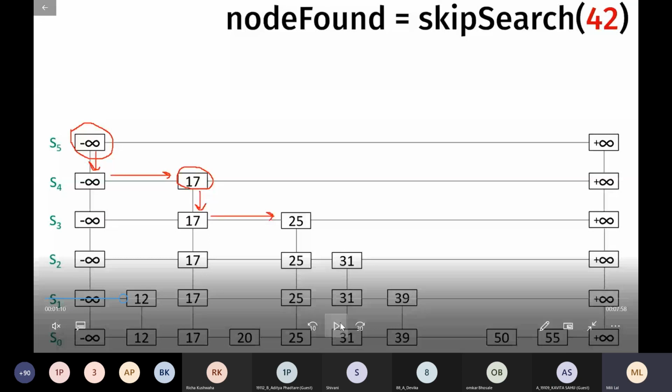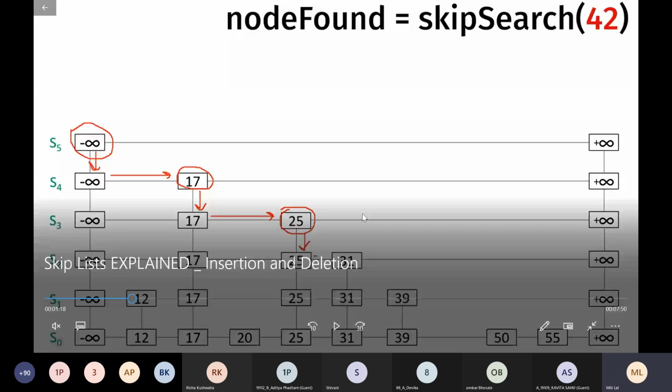But in this particular level, after 25 is the tail node. So you have to traverse one level below after 25. Clear? Yes, ma'am.